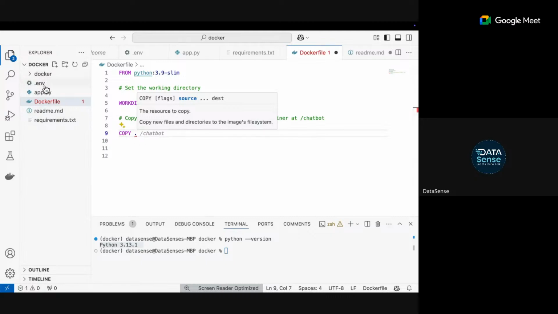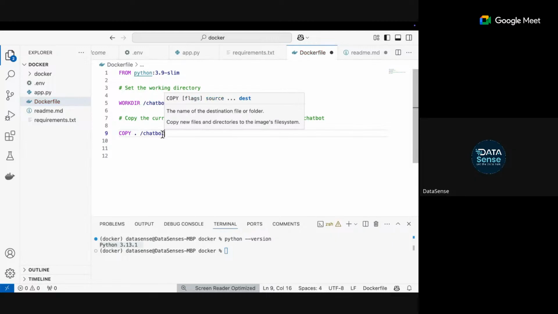All the files which are present in this Docker folder. And then where are they going? They are going to the chatbot folder in the Docker container. Clear, guys? Any doubt, anyone?